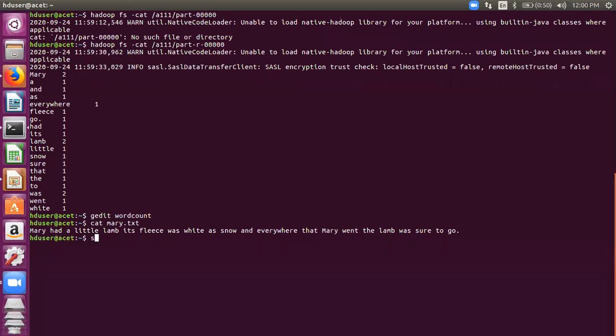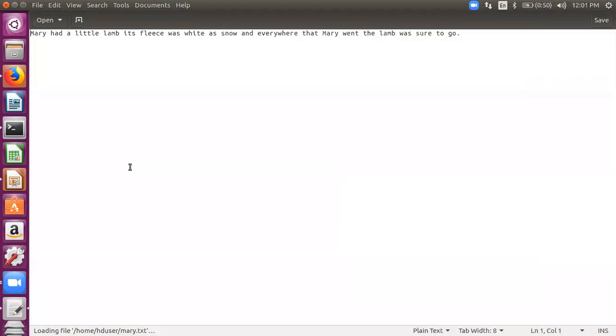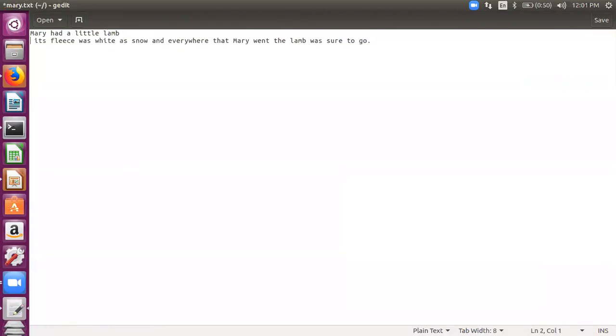Just a second. Let me just edit this file to see whether it works or not. Just give me a second, all of you. Mary had a little lamb. Its fleece was white as snow. I'll just change it so that we see how it works.